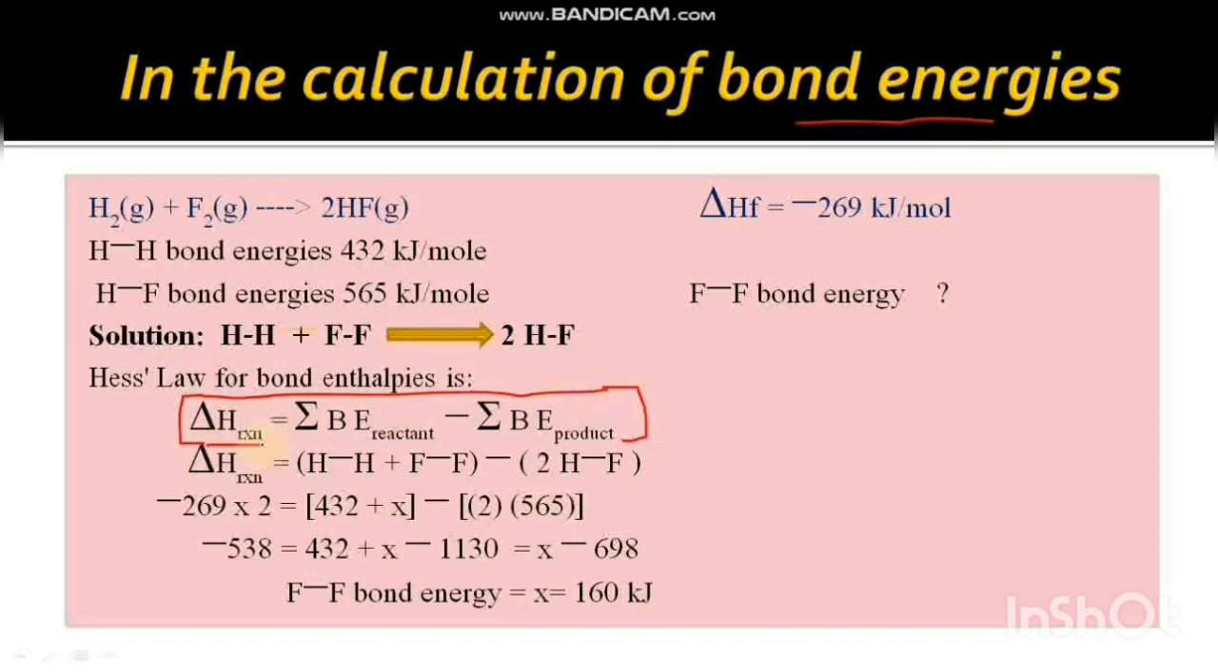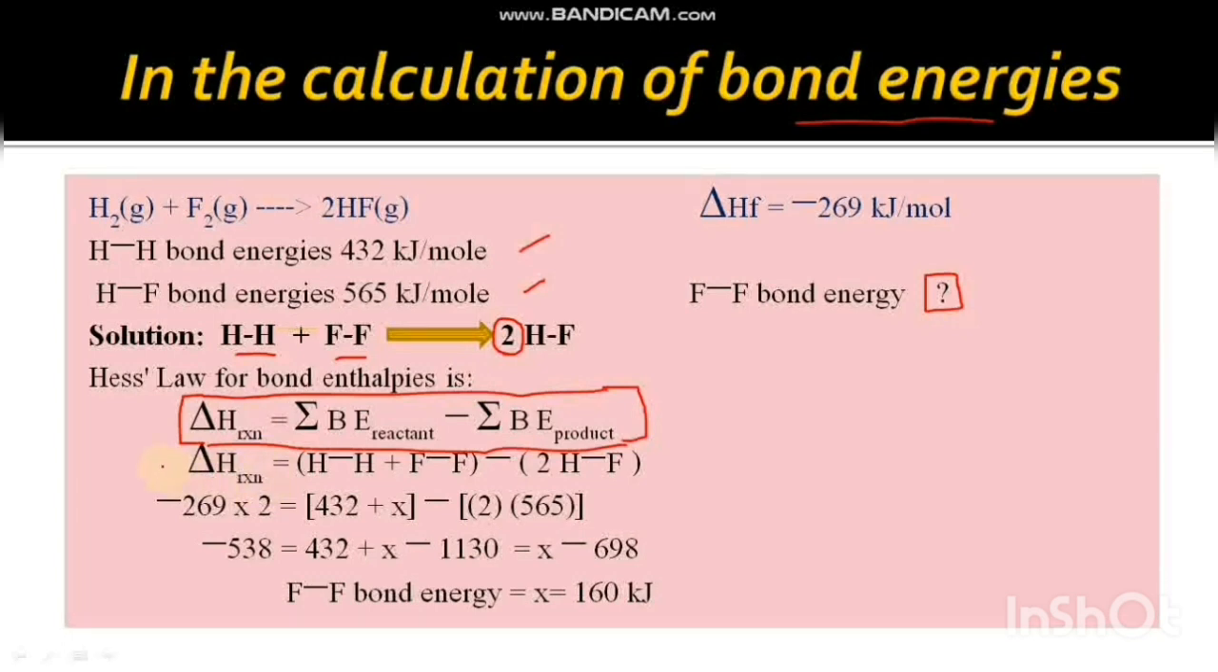Example 1. Hydrogen combines with fluorine giving you 2HF. We are given hydrogen-hydrogen bond energy 432 kilojoule per mole, HF bond energy 565 kilojoule per mole, enthalpy of formation of HF minus 269 kilojoule per mole, and we want to calculate fluorine-fluorine bond energy. So, in the equation, one hydrogen-hydrogen bond is broken, one fluorine-fluorine single bond is broken, and two HF single bonds are formed. By applying Hess's law,